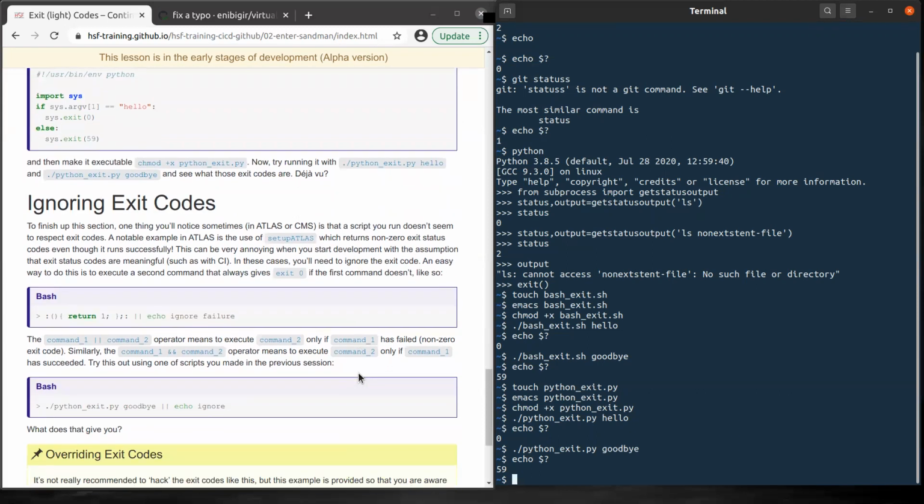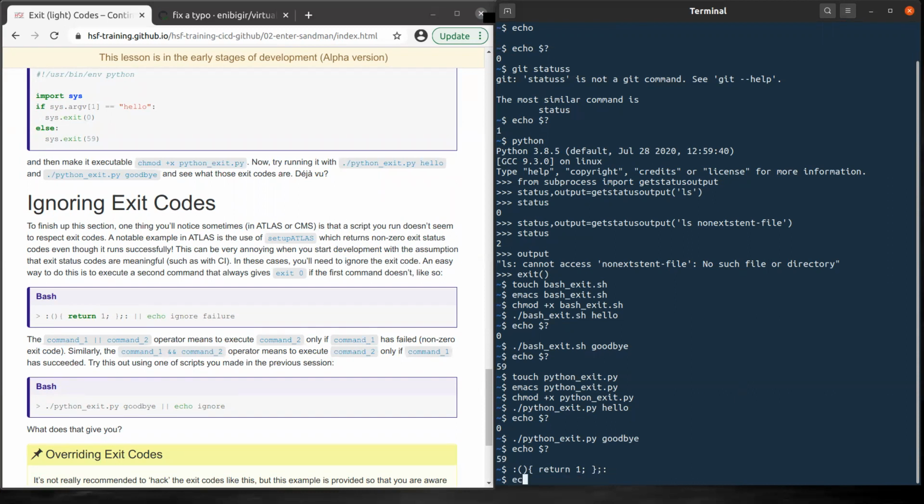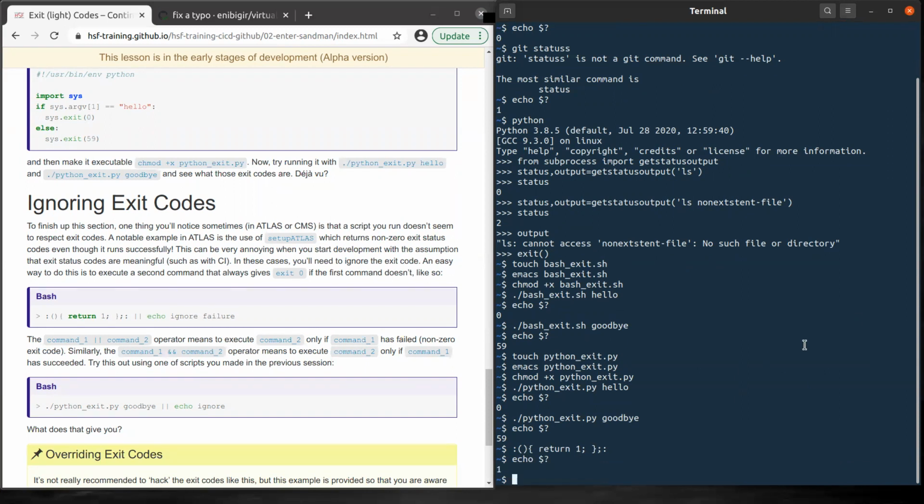Here is an example, so feel free to copy paste, or you can write it down, but make sure you write it properly. We have a return. Great. Let's say echo. What you see is non-zero, which means there was an error.